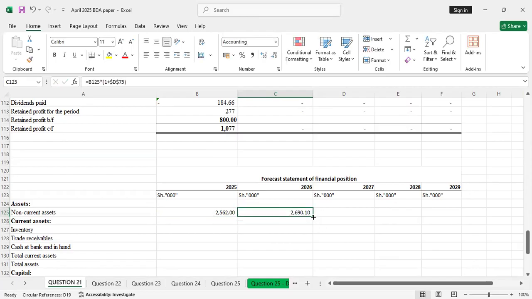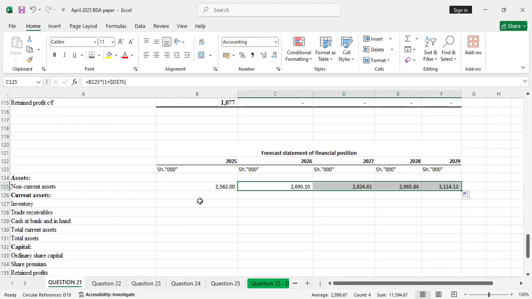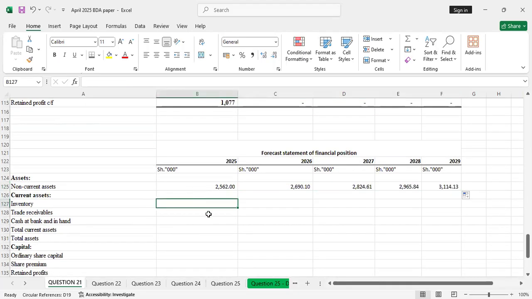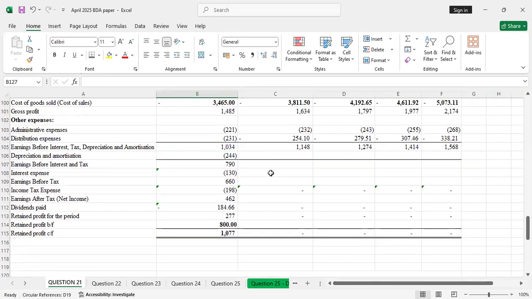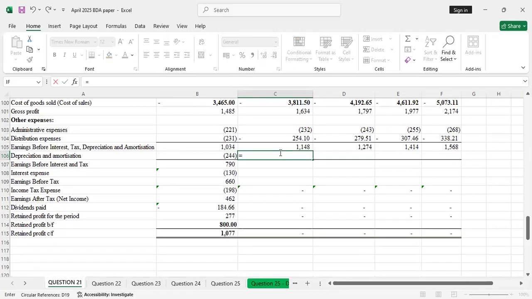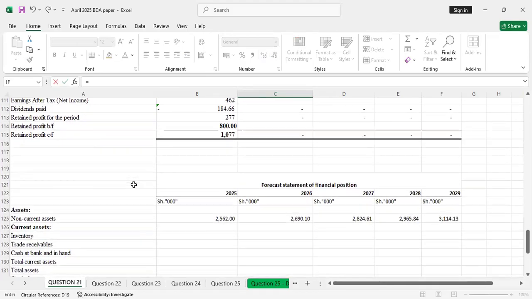Enter. Yeah, so from there you can just drag up to 2029. Then we go to inventory. And before we go to inventory, I already have non-current assets. So I'll go back now to depreciation and amortization. So I'll come here and say equals to,